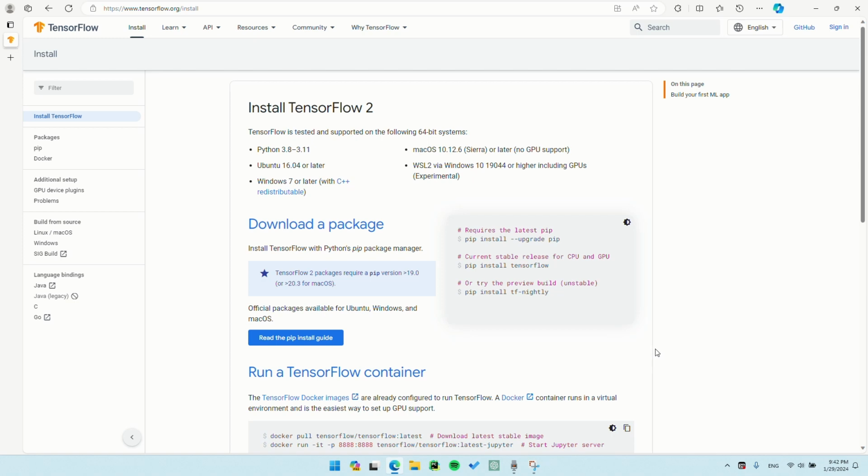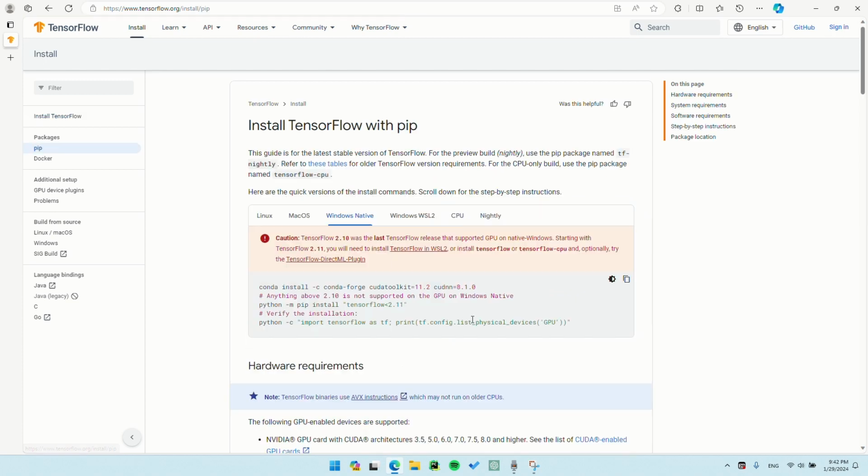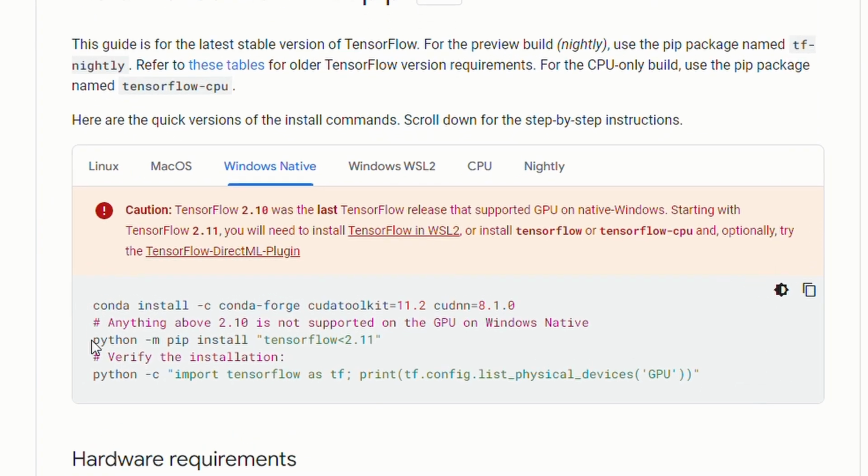But we are going to install for GPU, and for the GPU installation, you can just click here or here, which is the pip installation guide. Okay, on this page, we can just click on Windows Native, and the three lines here are actually the installation process. But here is the Conda command, but we are going to use Conda, so we can just install the dependency manually, which is